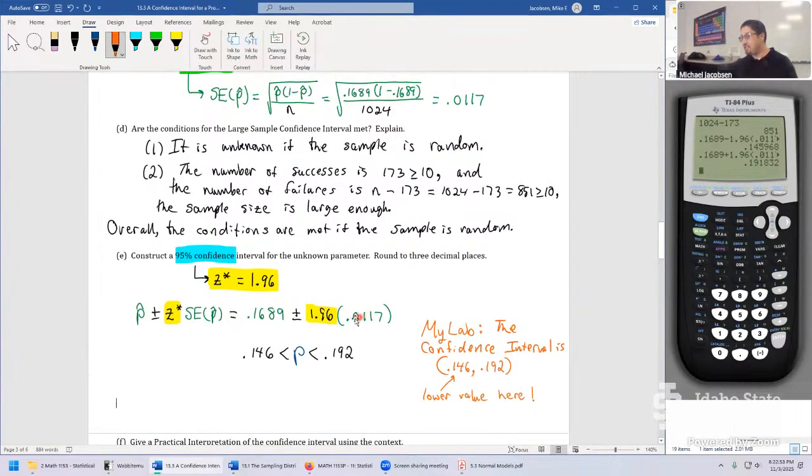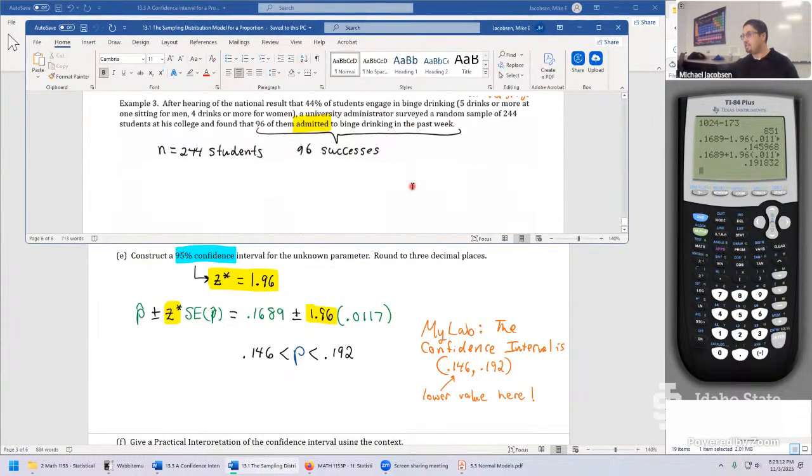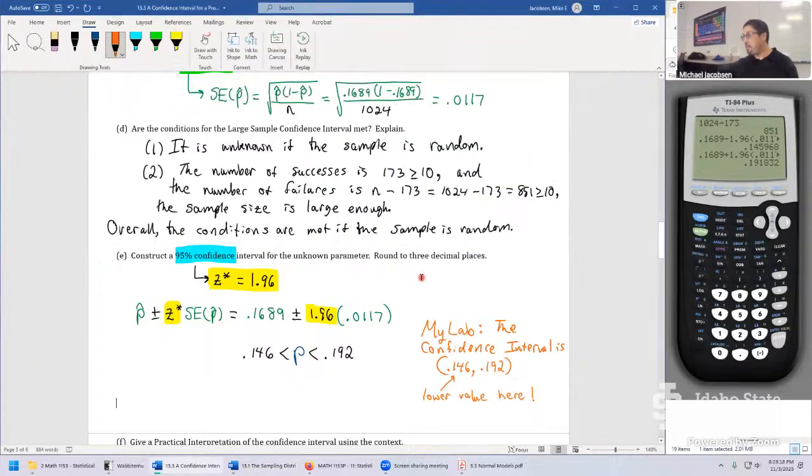Well, now the big question is, what did we calculate? That's a weird looking thing, right? It's an interval in inequality form here by the red dot, as an actual interval notation form over here in the MyLab statistics way. What we did over here, I wonder if we even wrote down an interpretation. We didn't. Well, we get to for the very first time then. So the major thing about statistics is this is useless to us. It's useless to everyone else in the public unless we can do our due diligence and say, what is that? What did we actually calculate? But this is the next cool thing.